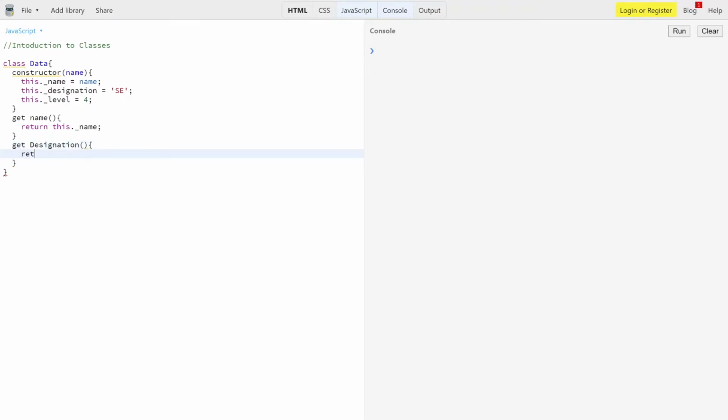So we return this dot underscore designation. Okay, we have to use a small d over here. Then we have getLevel. Let me put it in uppercase so it looks more familiar, but you can use lowercase. Okay, let me put all of it in lowercase.